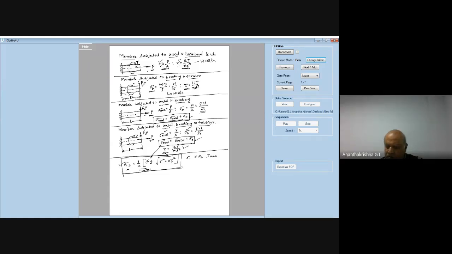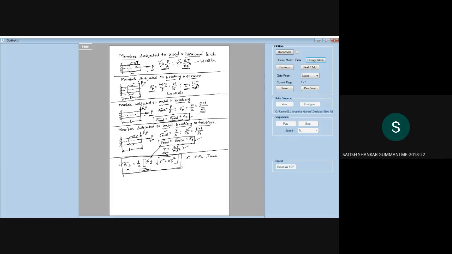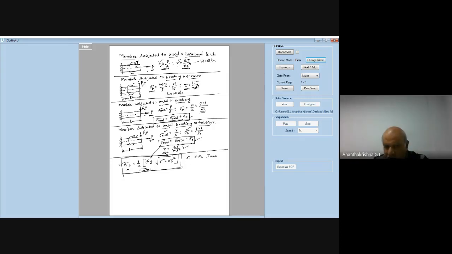Satish Shankar? Yes, sir. Last two classes, where were you? You were there or not there? Network issue, sir. You have to rectify these network issues and keep things ready. You cannot blame anyone. You have to write the exam this time. Everybody has given this thing, so you have to rectify all these things.